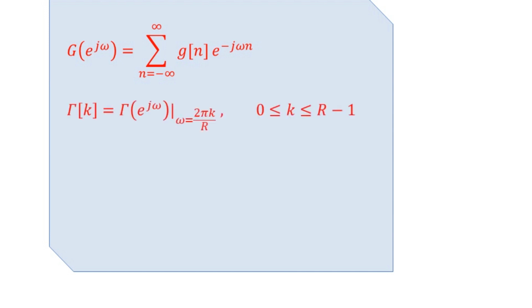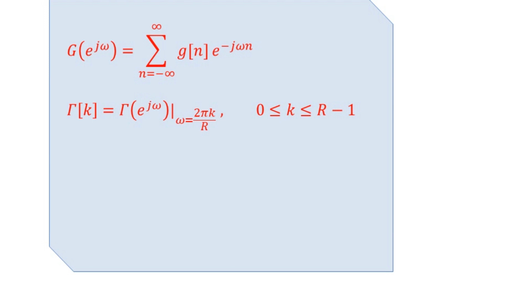Here capital gamma of k that we see on the left hand side is the R point discrete Fourier transform, DFT, whereas we have capital gamma of e to the power j omega, simply the corresponding Fourier transform, that we see at the right hand side, where omega is equal to 2 pi k divided by R, provided small k is greater than or equal to 0 but less than or equal to capital